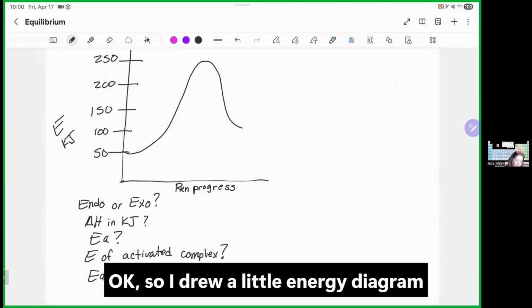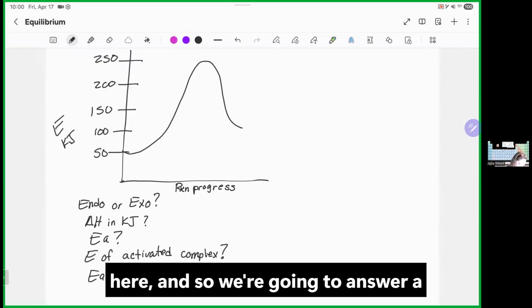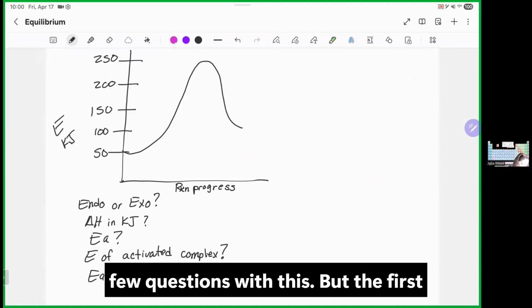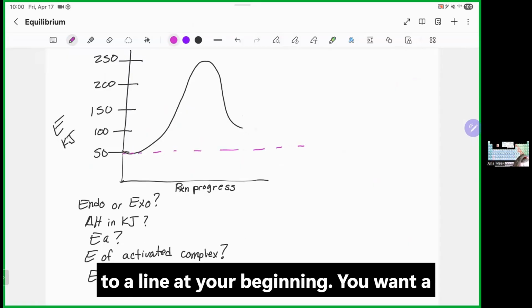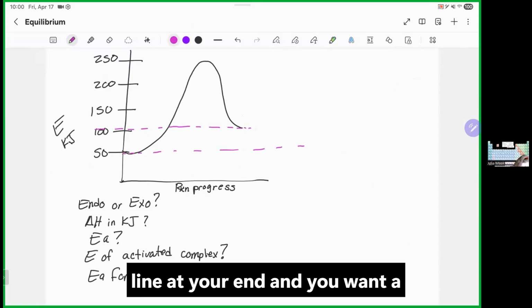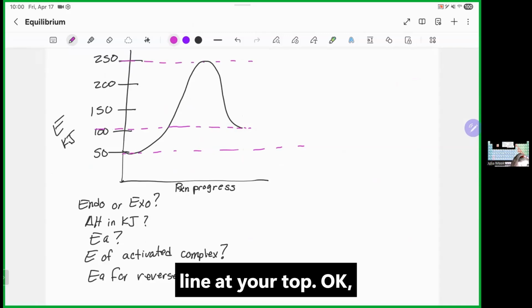Okay, so I drew a little energy diagram here, and we're going to answer a few questions with this. But the first thing you want to do is draw a line at your beginning, a line at your end, and a line at your top. Okay, so when we look at this, it's asking, is this an